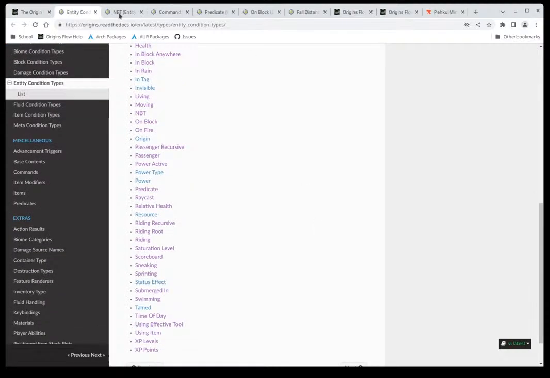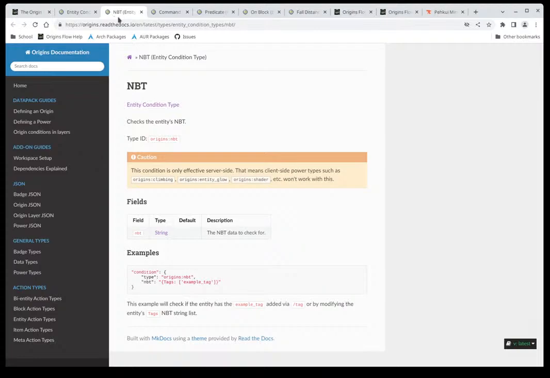However, in this case, I can tell you that it won't be necessary. We're going to break a block. Breaking a block is something that happens server side, and the server will tell the client, hey, the block's been broken. So that's fine. In this case, if we're not sure about NBT,